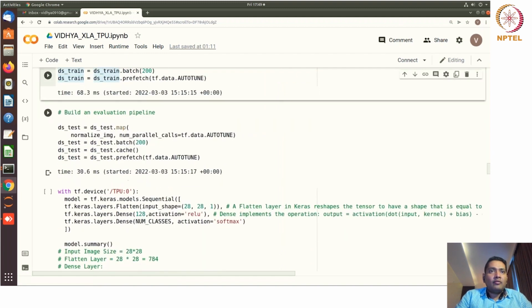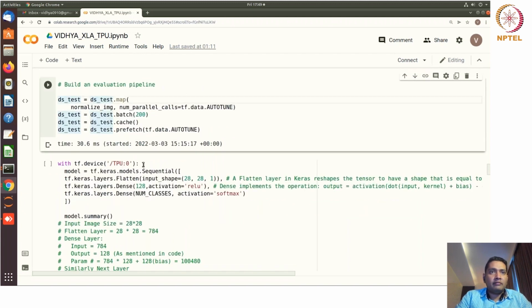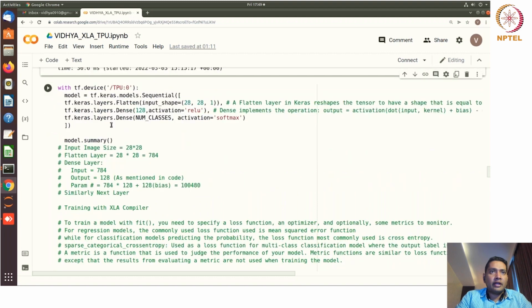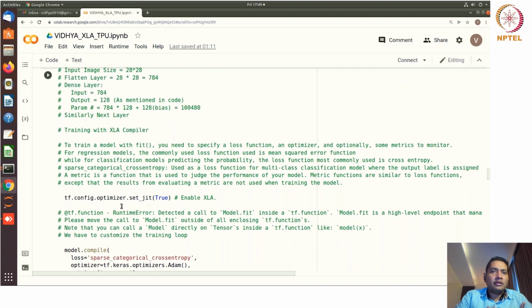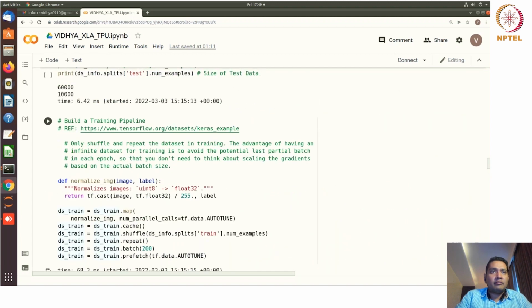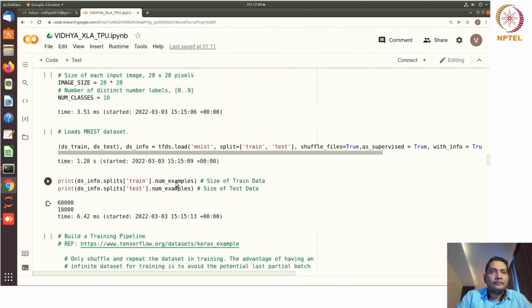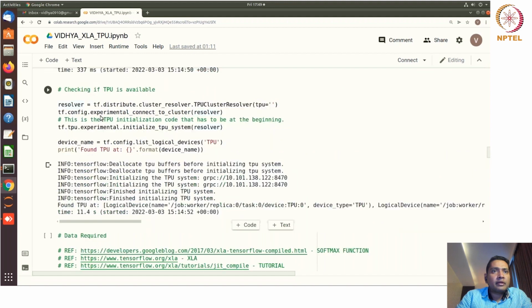And then we are building the evaluation pipeline now. So basically calling the functions here, again using the tf.device. But here now we are enabling the JIT, set JIT equal to true. So if you see the earlier training for that matter, so if you see here where we are actually using the modeling, where we have repeated,